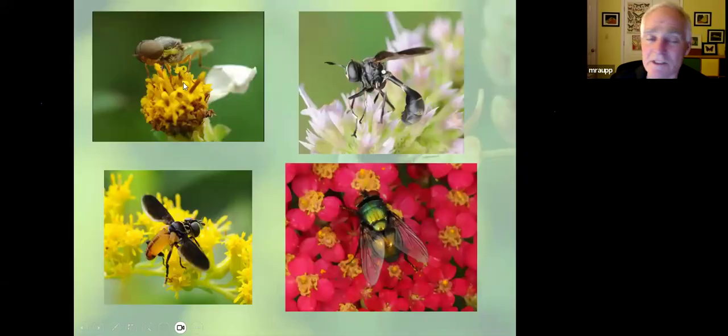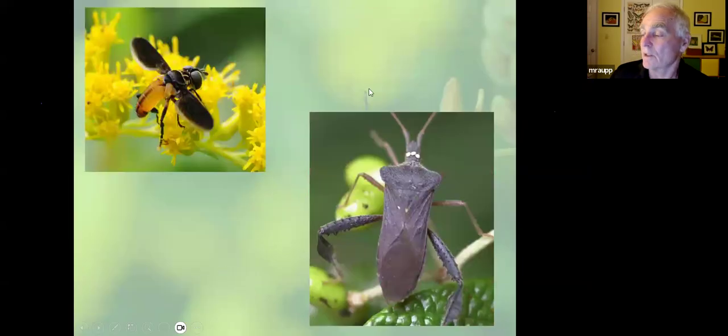There are many different species of flies that are pollinators. I want to focus on this one right here. This is called the featherleg fly. The featherleg fly will find a pest like a squash bug or another hemipteran. It will lay eggs. You can see the 3 eggs. Those eggs will hatch. They'll bore through the exoskeleton of that pest and kill it.